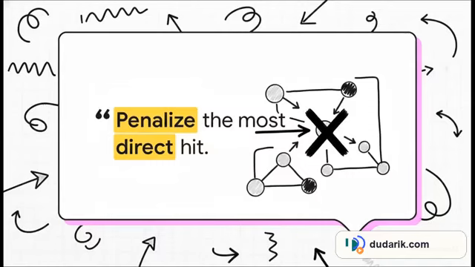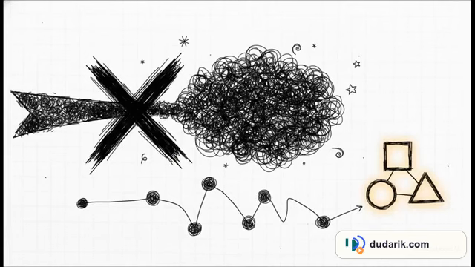retrieved. Now, get ready for this because it's probably the most fascinating, counterintuitive logic in the entire system. The rule is penalize the most direct hit. I mean, why on earth would you ever want to penalize a direct match? While penalizing a direct hit to an episode summary is a very deliberate strategy to filter out noise, episode summaries